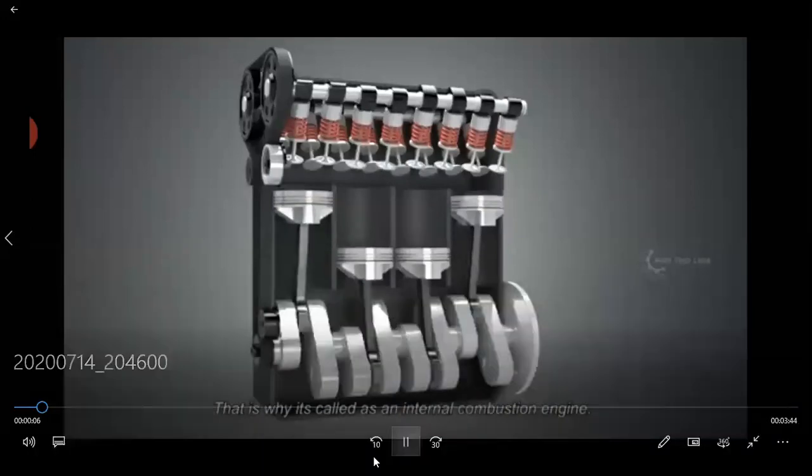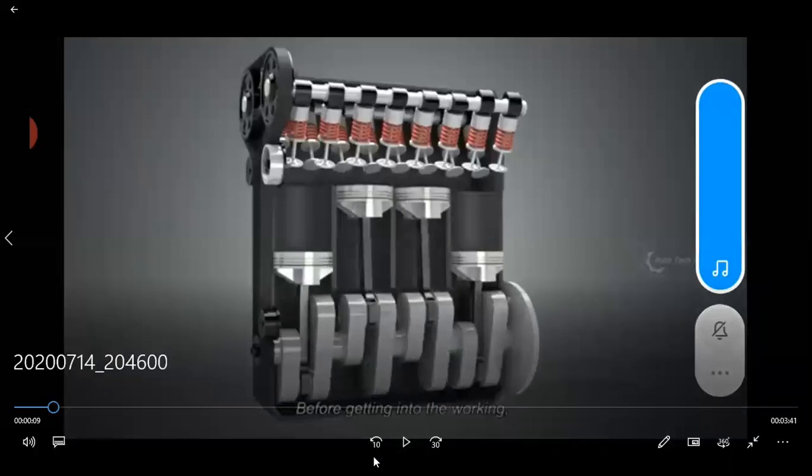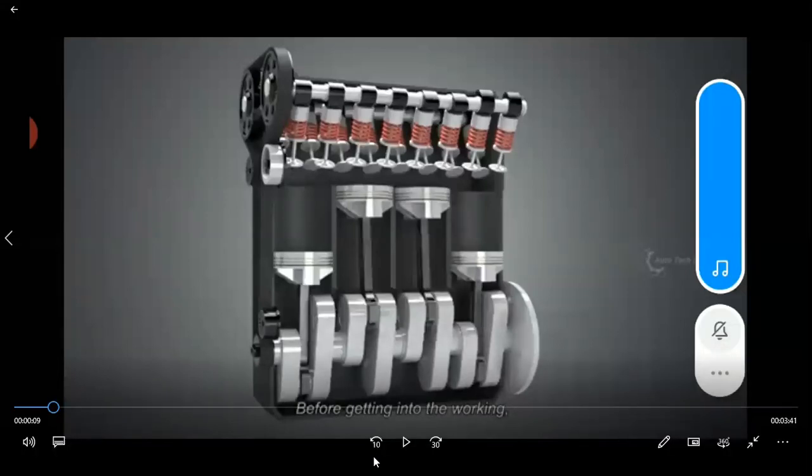I will try to explain it to you with the mouse only. So this is the crankshaft which we have seen. Pistons, and these are the connecting rods. There are 4 connecting rods, 4 pistons, and a single crankshaft, which is getting power from all the 4 pistons. The power is transmitted one by one from each piston to the crankshaft.